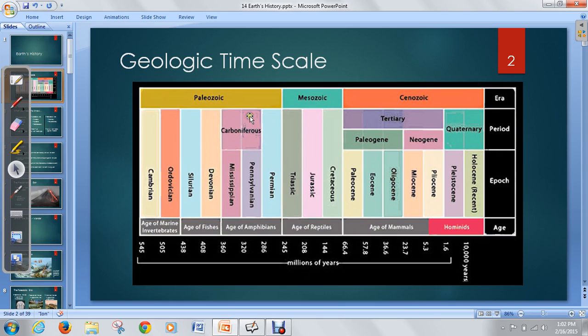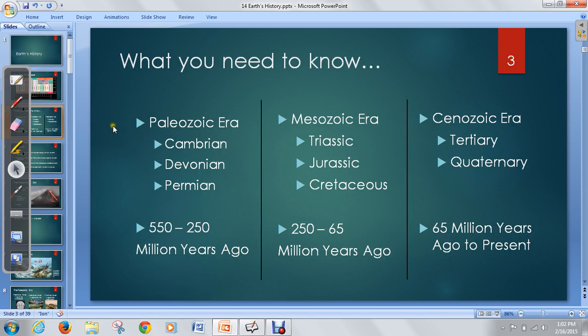So we have this large scale classification, and it's kind of hard to wrap our head around all this information. But let's look at the stuff we need to know for this class. I'd pause the video right here and write down these notes, because this is the section I want you to know of this time scale. That's the three eras, and three of the periods from each of those eras, and then the Tertiary and Quaternary period from the Cenozoic era. We'll go into detail in a second what all these mean, but I'd pause the video right here and take notes of these different time sections.